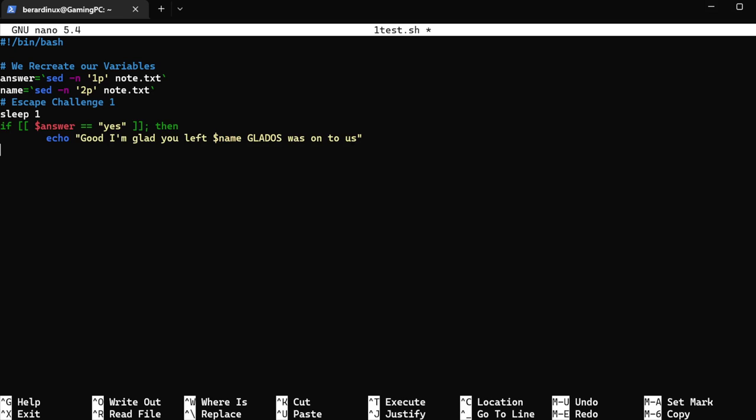Okay. Now we can make our elif, which is pretty much else if. If the first variable didn't equal yes, then check if this is actually correct. So we can just put our brackets and put our answer, and then equals no, and close brackets, semicolon, then, and now we can put our commands. So echo,